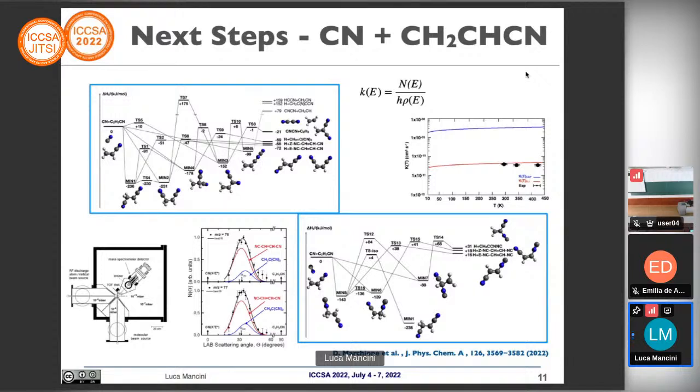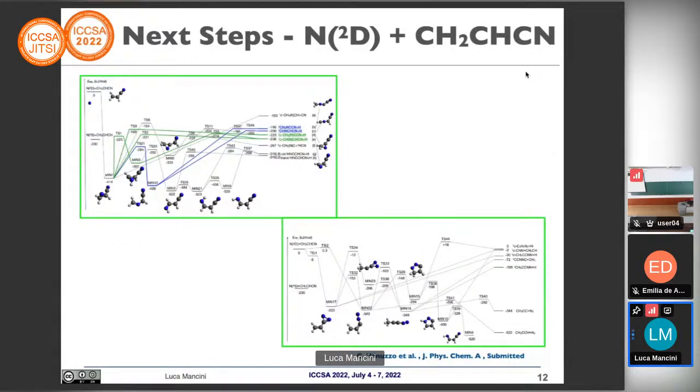The same approach is employed also for the reaction of atomic nitrogen with acrylonitrile. In this case, the potential energy surface is more complex. We have more than 20 possible intermediates with all the related transition states and all the possible products. But first, kinetic analysis allowed us to derive the branching fraction, so to identify which are the most important products, and we found that the products which are formed with a high percentage, so which are most probably formed, are